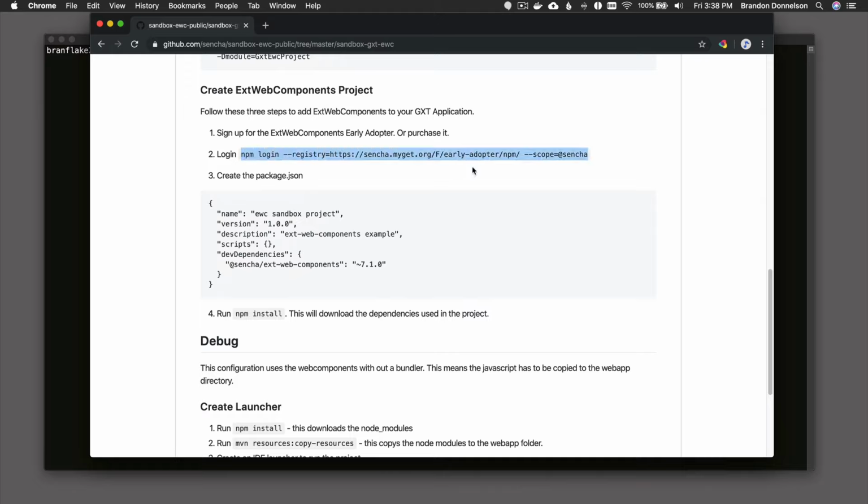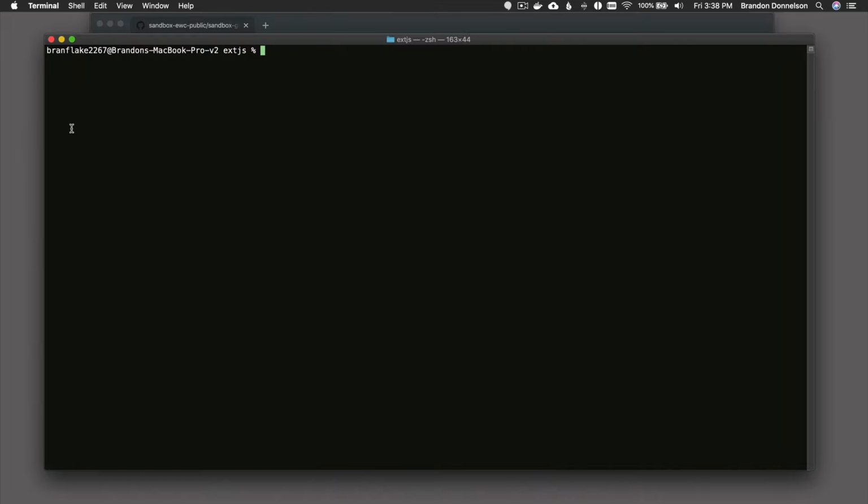So just a note right off, we need to log into the npm repo. In this case, we're at the 7.1 EA version, so I'm going to use the early adopter version. When you come back later, when this is released, it's going to show you which npm repo has the production bits. So to get started, I'm going to go to the terminal and I'm going to paste this in,